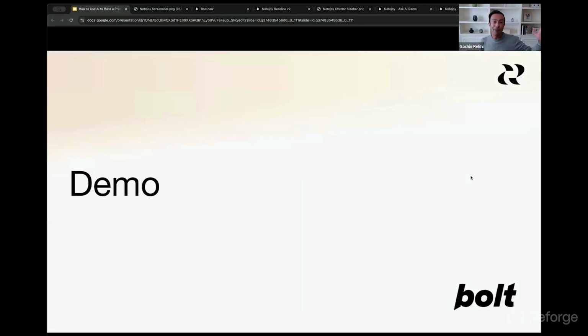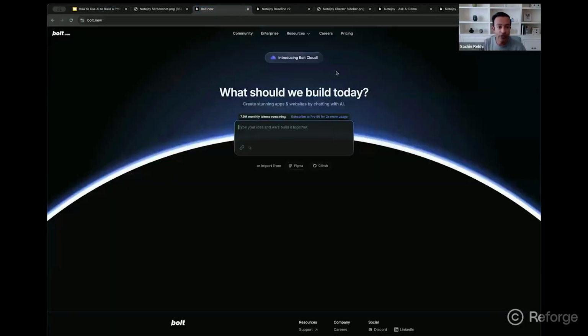All right, so we've talked about why prototype, some of the myths with prototyping. I now want to jump right into a demo of showing you how to actually use these tools to prototype. We're going to be showing off one of the popular AI prototyping tools called Bolt. But afterwards, I'll talk about the landscape of tools to give you some recommendations on tools that you might want to check out. Now, the first thing I want to do is open up Bolt. And what you'll see is pretty much all these tools start with an open text box that allows us to provide a prompt to ultimately start building our prototype.